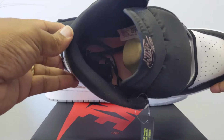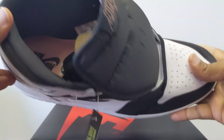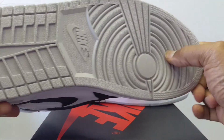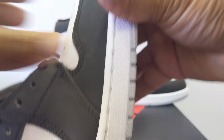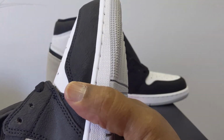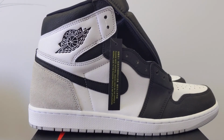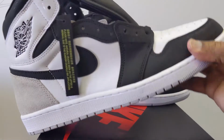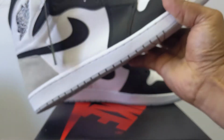Now, looking inside, you can see the pink insole and the Nike Air. Now, one of the things that I do want you guys to check out here, right? So you see how flat and thin that is? This is one of those moments where someone could come in and say, those are fake, they're buckling out. These came directly from Nike. The size of the shoe, the shape of the shoe, squeezing it on this size 14, you get that bubble that people condemn